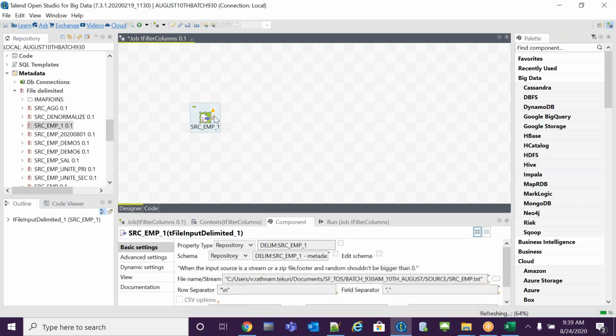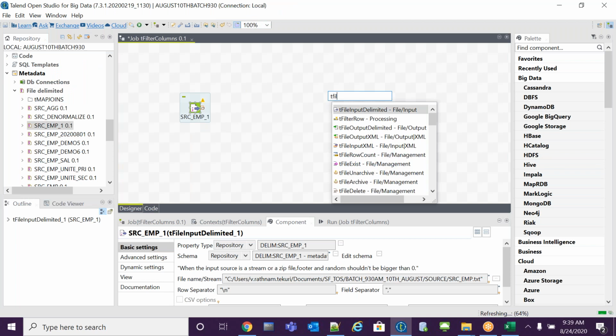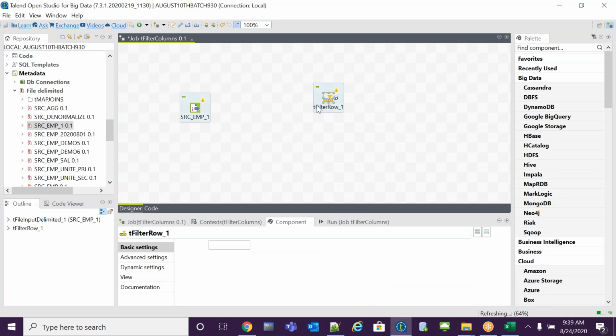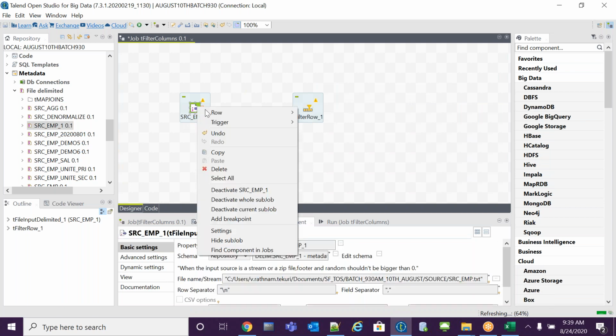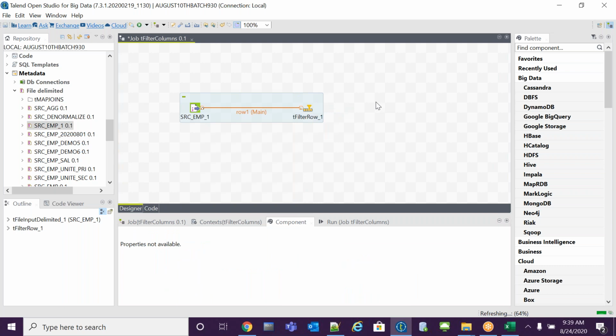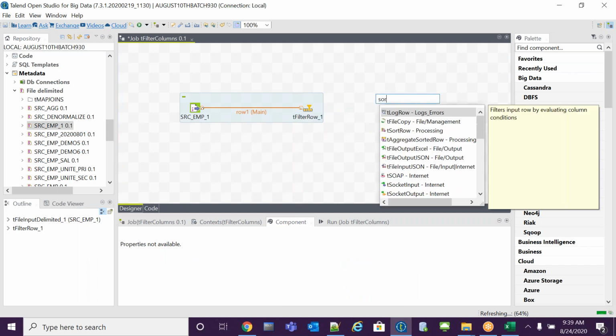Okay. In between, tFilterRow, I want to filter the data. So I will take the tFilterRow. Then suppose I want to sort the data, then I will perform the sorting.